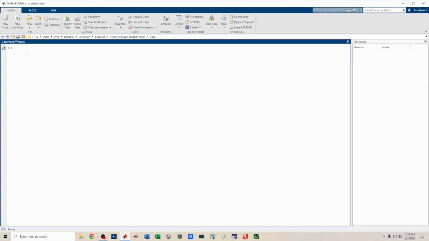Your command window is where you type commands. Each command you type, you need to follow it by a semicolon before you hit enter to run the command in the command window. If you do that, then the result of your command will go over here in the workspace. If you don't do that, the result of your command will go in the command window and in the workspace. And if it's a long command, or if it produces a large result, then the command window will just keep filling up. So you're going to want to remember to type a semicolon after each line of code that